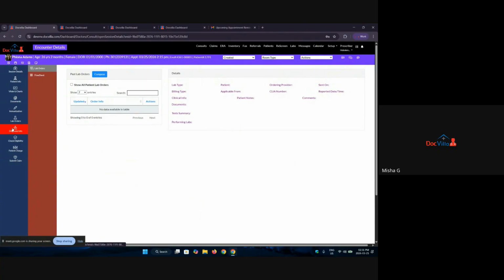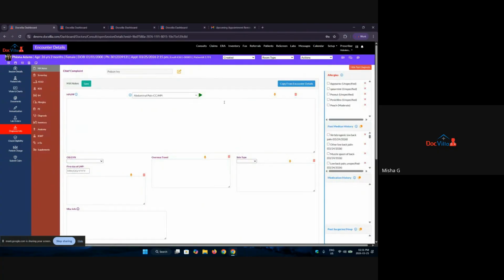Now, coming down to diagnosis, so that will be your note-taking area, where for each note-taking section, you'll have your own templates. So what you can do is, once you click on this drop-down, you'll be able to see all the templates in the system. You can search for your desired template. For example, a psych practice can search for the psych templates, and OBGYN could search for OBGYN, pediatrics will search for pediatrics, and so on